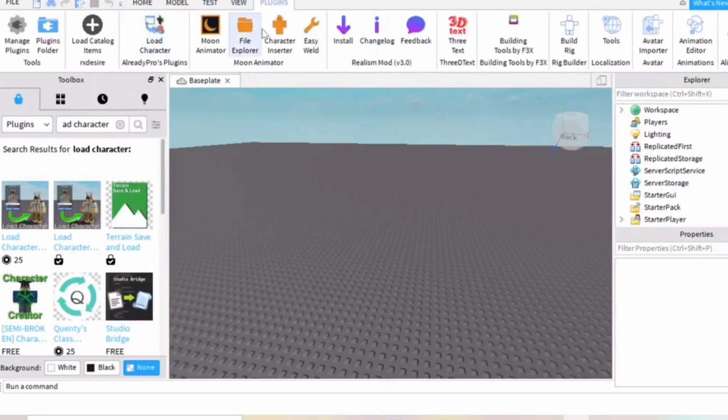This is how it should look. I have all these. Don't worry if you don't have these. These are some other plugins I downloaded. But yeah, so great. Guys, I literally cannot talk right now. I'm so sorry. So you're going to press load character,